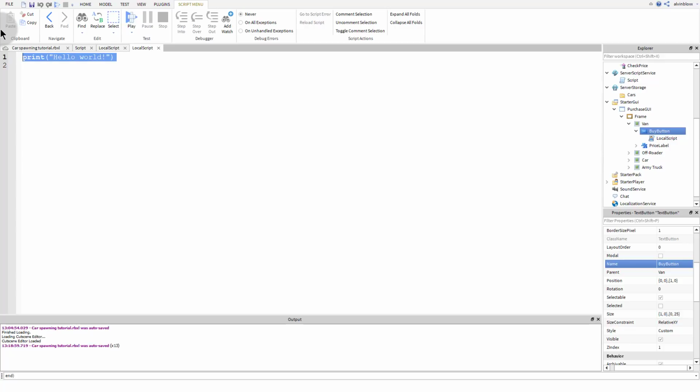So we can say script.Parent because that's the button, and then we say .MouseButton1Click:Connect(function()), and then we can just drop a line. So anything inside of this event will run when the player clicks on the button. So what we want to do is we want to check if the player has enough money to buy this vehicle. So we're going to want to send a request